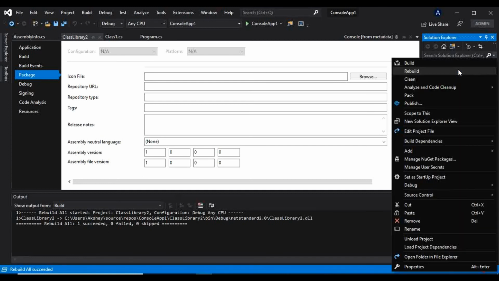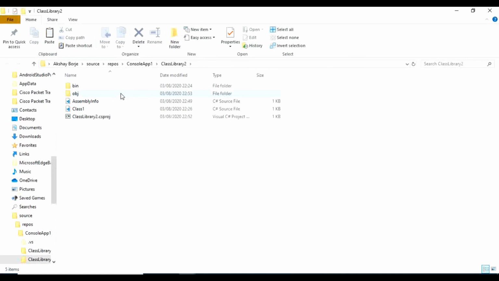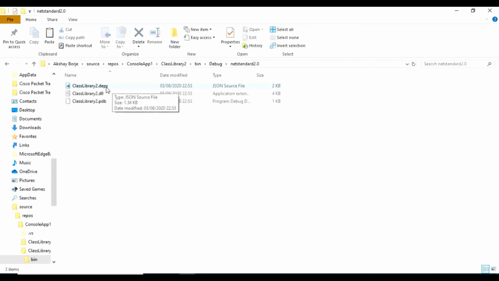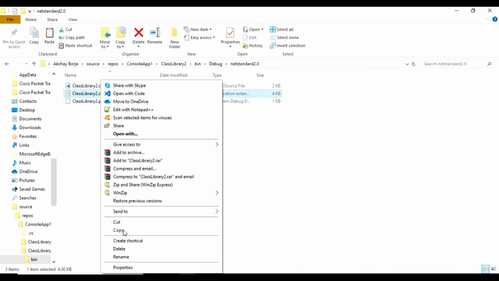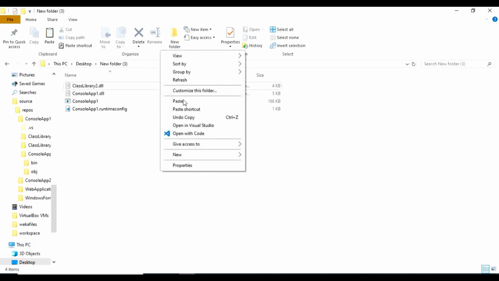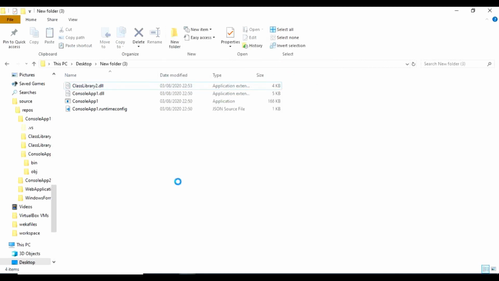I will go to the folder, copy this file and paste it here. Basically I will replace that file. And now if you try to run this exe, it will fail.